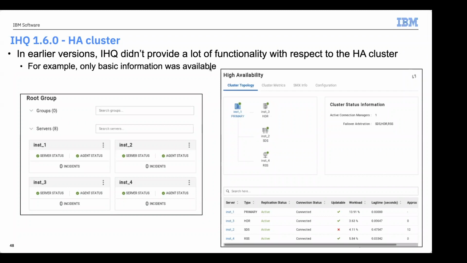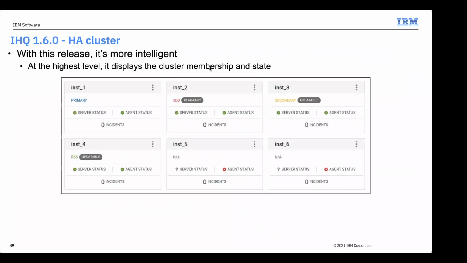Well, that has changed now. There is much more information. The tool is much more HA cluster aware. So now at the highest level, you can see all of your active and inactive instances, and you can immediately see, are they in an HA cluster? Is it an updatable secondary? Is it a read-only secondary? And so from the very highest level and on down, as you dive in deeper, the tool is HA cluster aware,